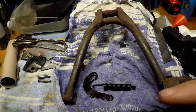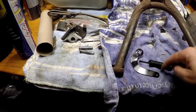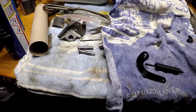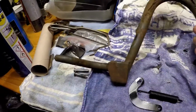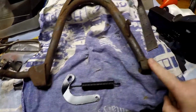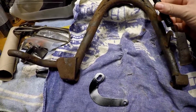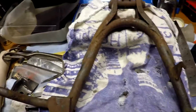But we'll jump to a bit I filmed earlier on trying to show how this all works together, and the spring attaches on the right hand side of the bike. So this is the left hand side of the bike with the peg for putting it down. Right hand side of the bike has the hook for the actual spring to go on, and then you've got the smaller end